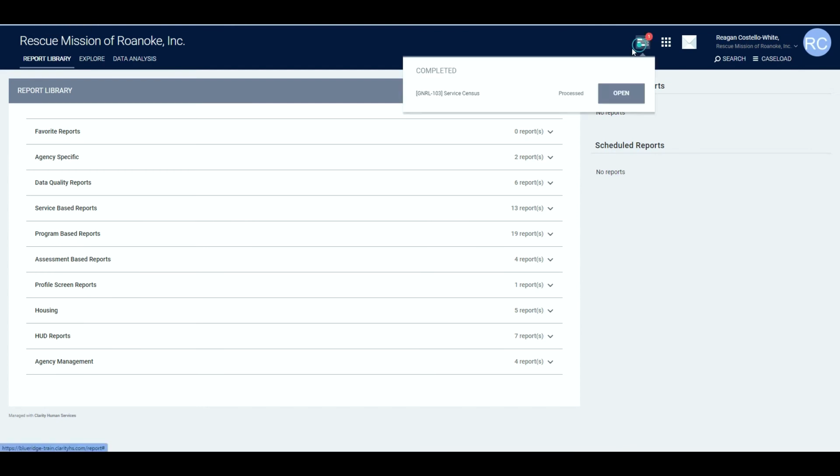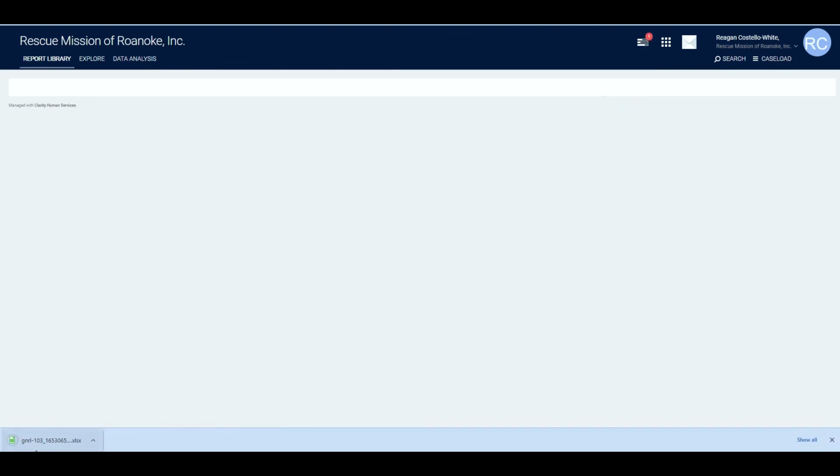My report is ready, so now I'm going to click Open. As you can see, there's only one option now for opening a Service Census Report. It did not save my earlier Service Census Report in the reports queue. Each time you run the same report, it replaces it in your reports queue. So you need to make sure that you save the information you want to save before running another report of the same type. So I'm going to open this Service Census Report, and it automatically downloads the Excel file to